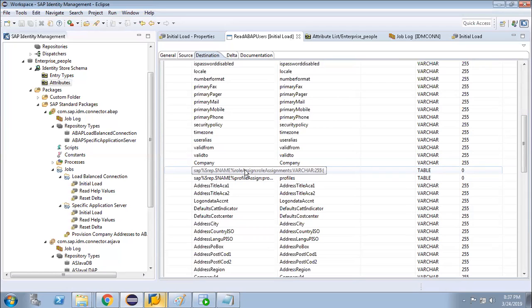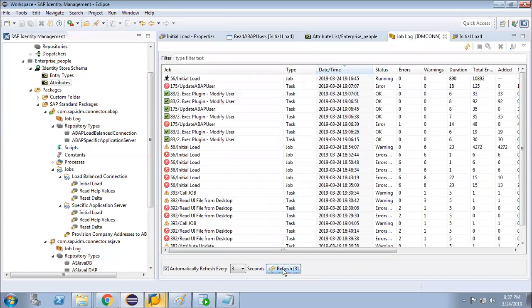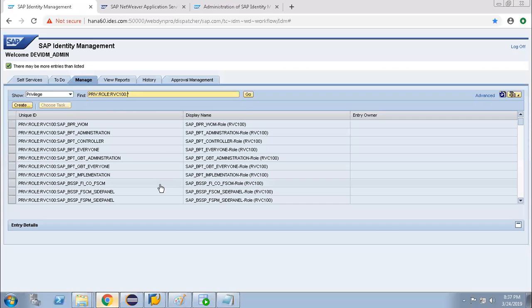Okay. So it's IDM logic, right? It's the internal IDM logic, it is present over there. Let's say it will take some time. So whatever I am checking, I was used to check that. See, some roles are coming. Already some of the roles are coming, which roles are present in the backend system.